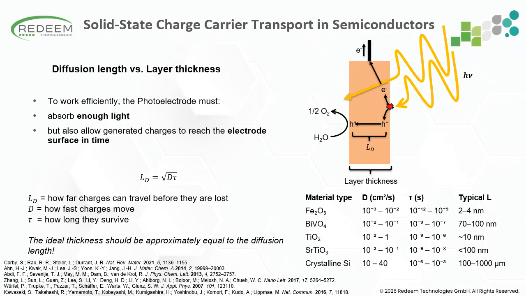We've seen now how light generates an electron-hole pair, so let's follow what happens to these charge carriers on their way to forming hydrogen and oxygen. So look at the picture on the right here. A photon is absorbed inside the semiconductor and creates an electron-hole pair. The electron travels toward the back contact, while the hole has to reach the semiconductor surface where it oxidizes water